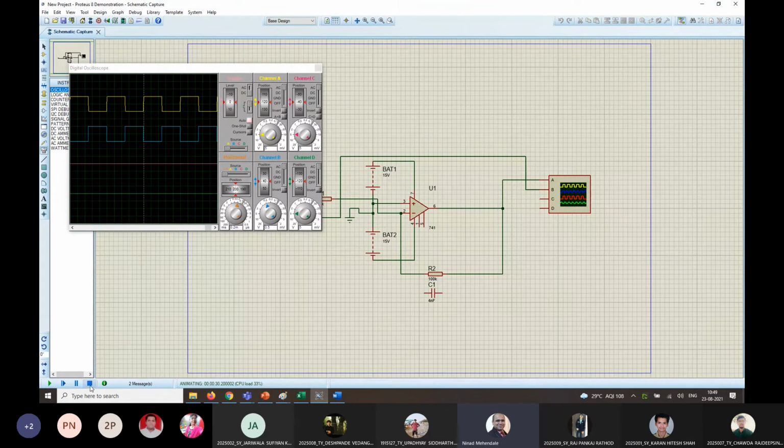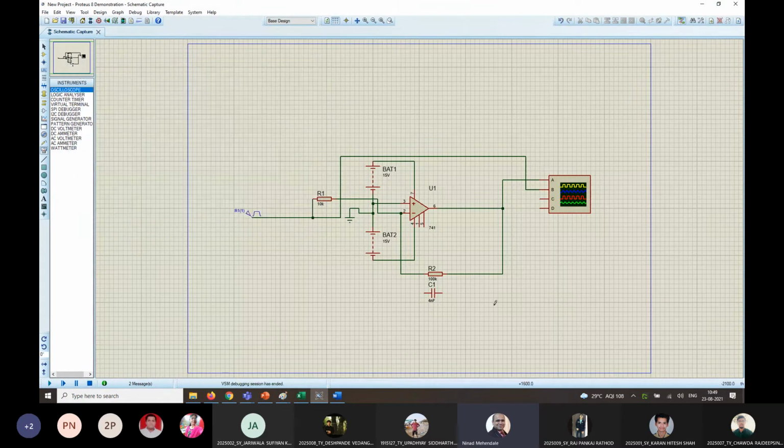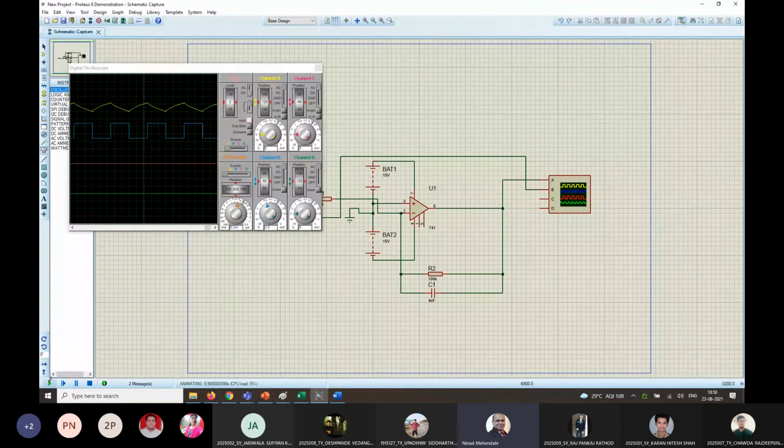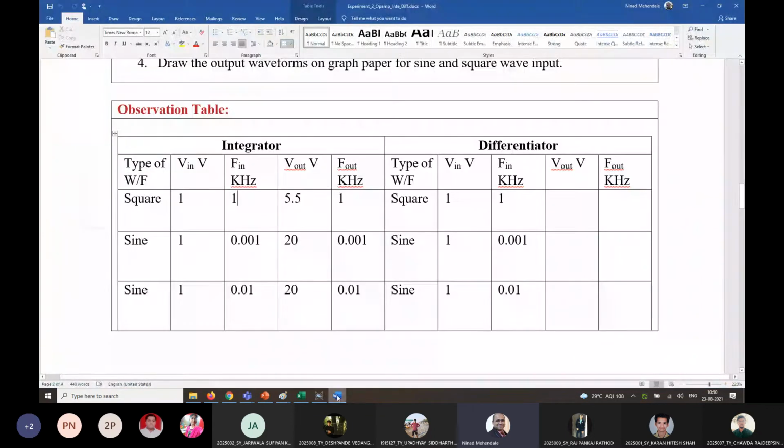And now let us form the final circuit of this integrator. I just press escape, click on here, and then click on the next side, and now let's rerun. So this is what you will see. It's not a pure triangular wave, it is kind of charging and discharging of this capacitor, so that's why you are seeing this kind of waveforms. But that's all you need to take a print screen of this, measure the voltages. Now how we will measure the voltages, that is the next part of this experiment.